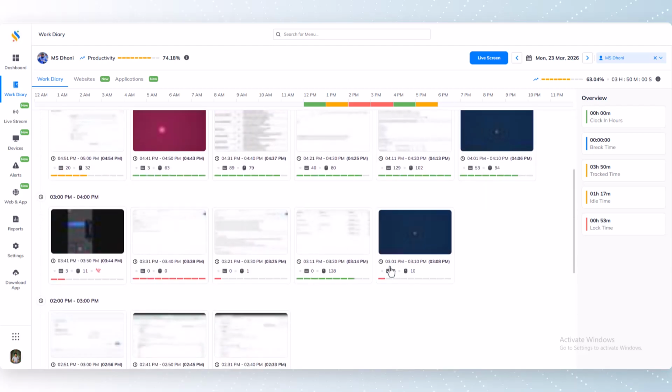Apart from just tracking activities, the system also shows how productive the employee was for that particular day. This productivity is calculated based on the configurations that you have set in the policy. You can define which website or application should be considered productive, unproductive, or unrated based on their configurations. The system automatically calculates the productivity percentage.